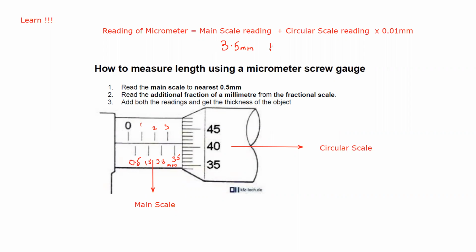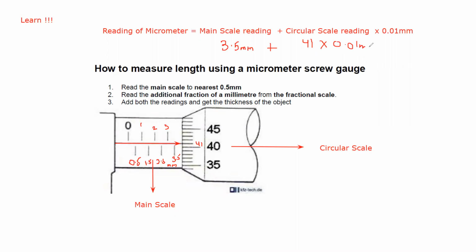Plus, what is the circular scale reading? The circular scale reading is the line which is coinciding with the main scale, coinciding meaning it comes as one line. So when you see, the circular scale is like this. So this is 40, this will be 41. So the 41 line is coinciding with this datum line. So we call that the circular scale reading is 41 multiplied by